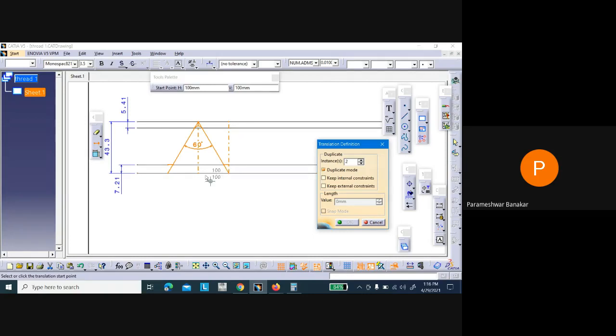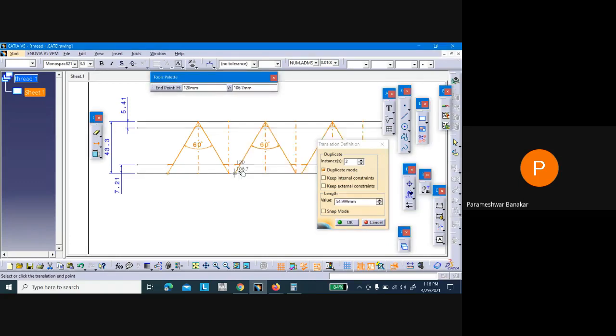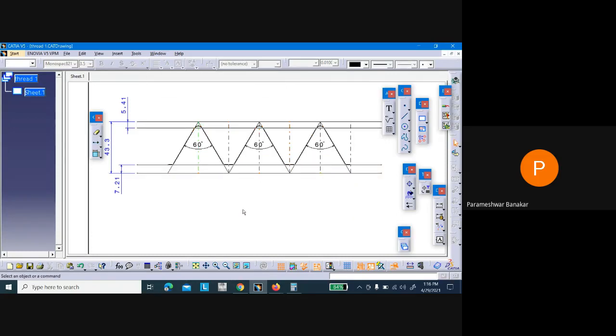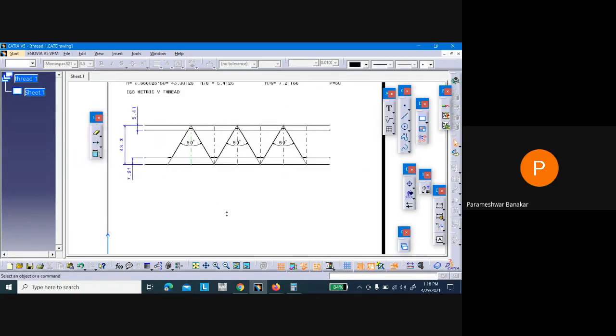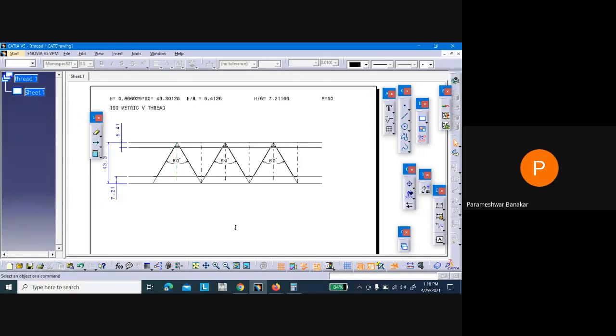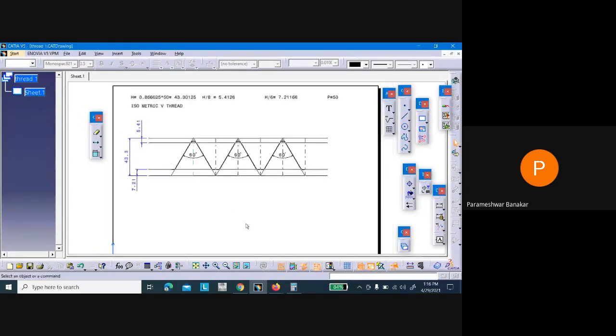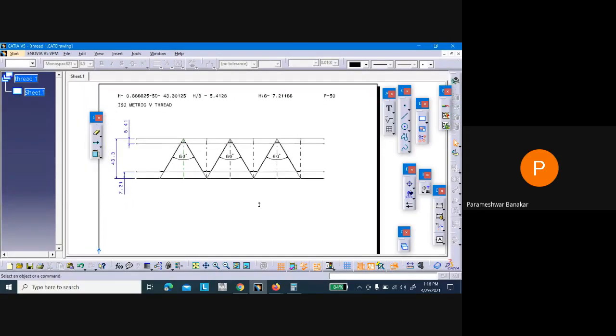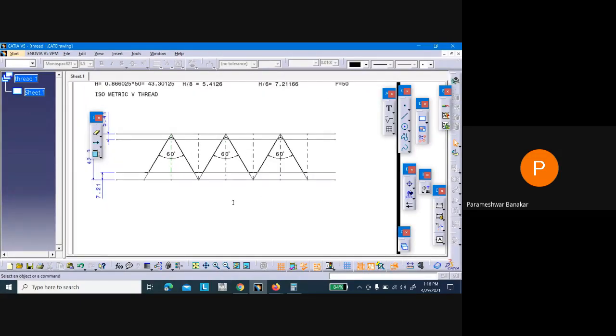So I will take from this point, select this point and keep it here. So you can see this thread is formed. Any doubts here on how to do this, or you want me to show it once again?